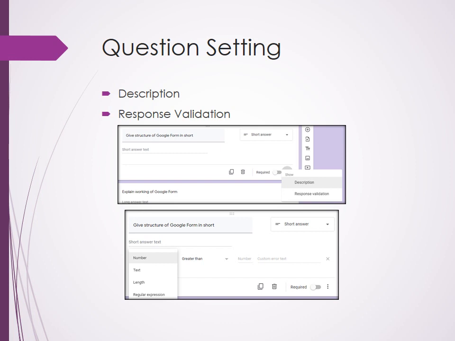Another is response validation. Now here I have given the example of the short answer question. Short answer questions may have answers such as a number, text, length, or a regular expression like an email ID. Now if it is a number, suppose I am asking for your mobile number, the mobile number must have 10 digits. So because of that, you may add particular formatting there.